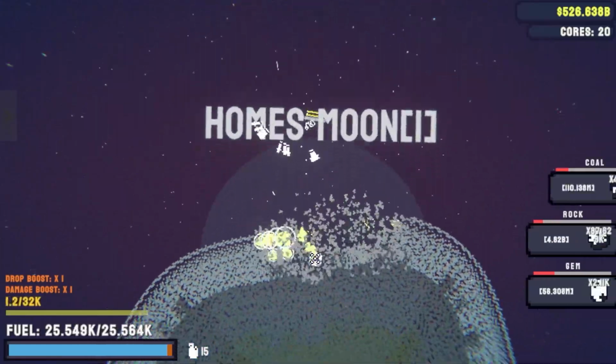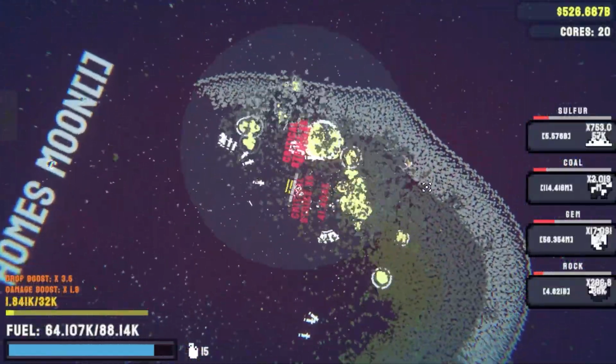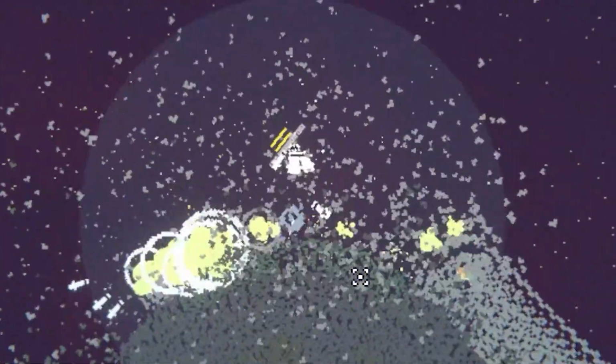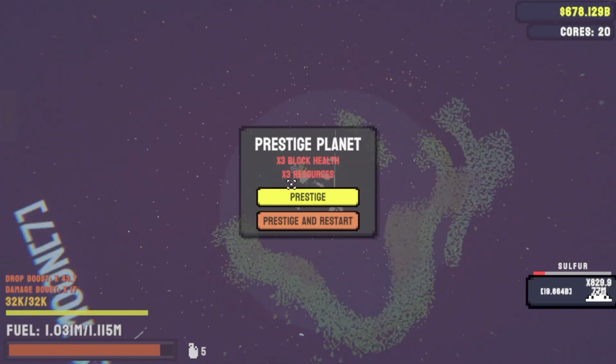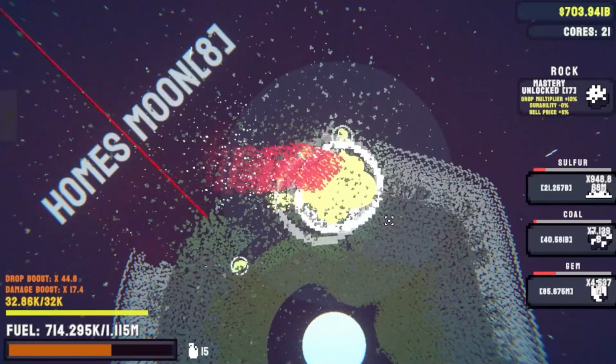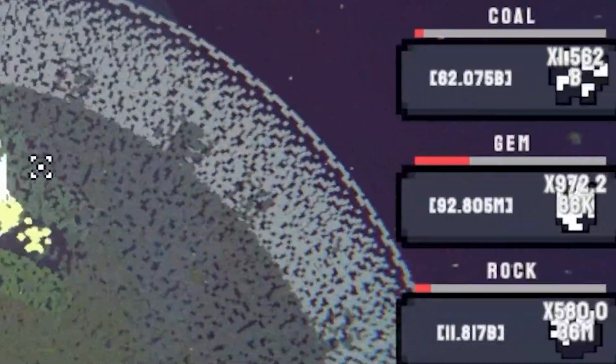Watch how fast now we can take out a base level planet, like we absolutely destroy this thing. It's already 3/4 gone. But we can still do better, we just need a little bit more damage. We just took out the core of a Prestige 7 planet, so now we can get 3 times the resources again. The planet's obviously a lot tougher now, but we're getting, well, there's 60 billion coal, and we've destroyed the